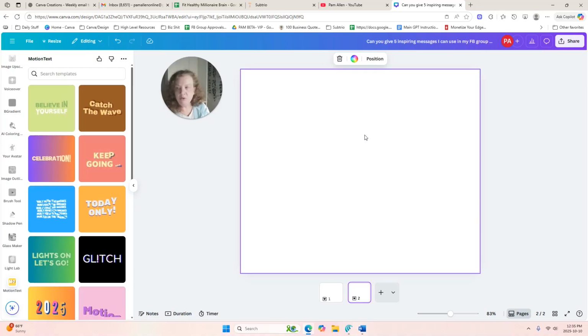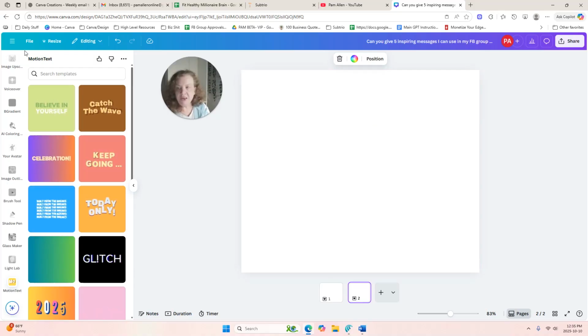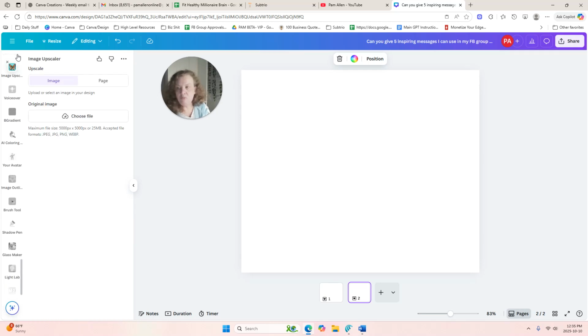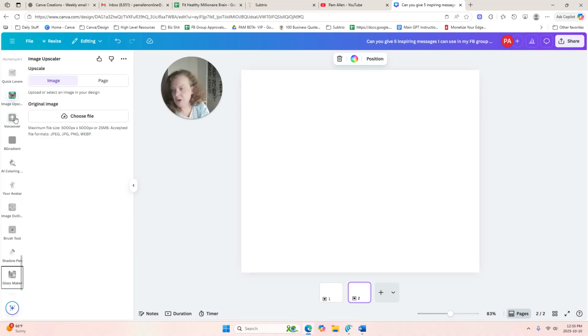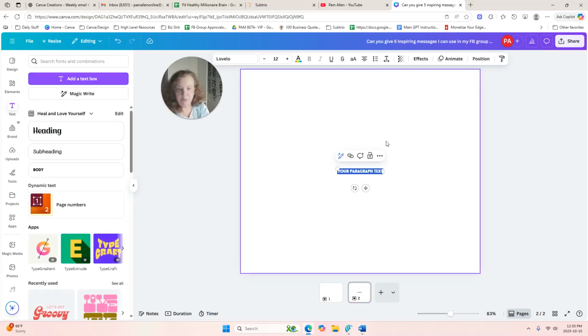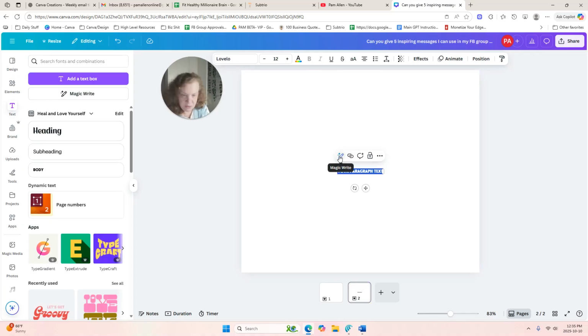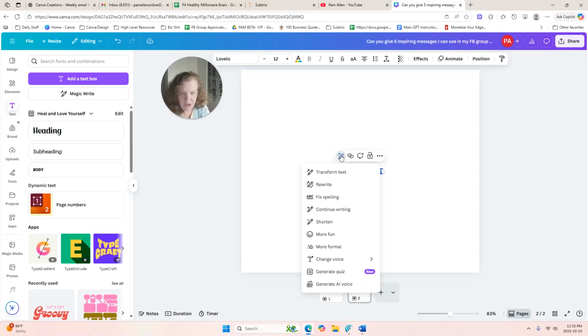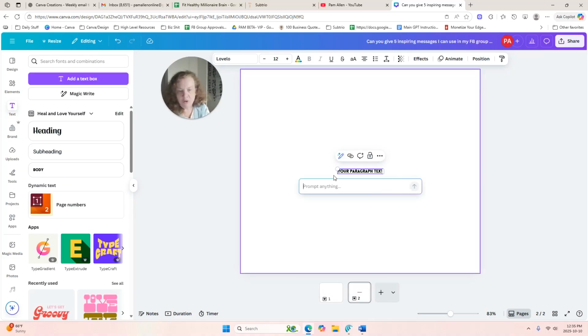So I am going to go to my text. Just want to show you guys, so that's why I'm doing this. Okay, so I'm just going to add a text box here. And see this pencil right here, you're going to click that. You're going to go transform text, and we are going to say